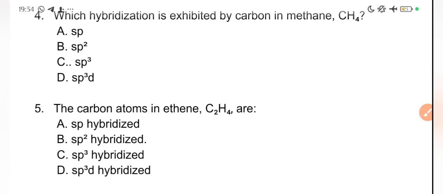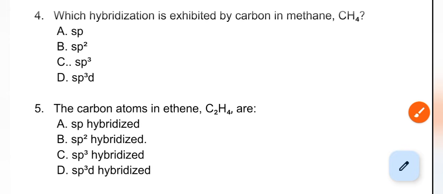The carbon atoms in ethene are dash hybridized. There are 2 formats in which these questions can come out. The first one can come out as they'll ask you the hybridization that a particular carbon atom exhibits. If they don't ask you that one, they'll ask you the carbon is what hybridization. So you might see it as sp, sp2, sp3, just like the initial question, or you might see it as sp hybridized. It's the same thing. Don't allow them to confuse you.